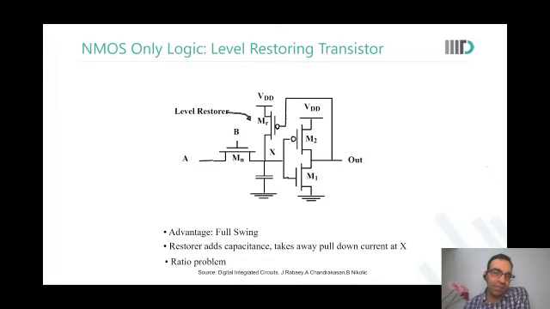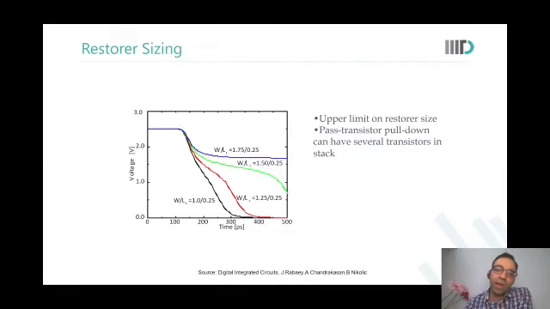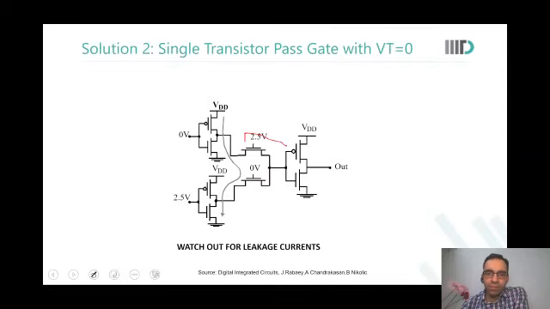But in this particular case, you're just talking about one gate, then yes. But if you think of a mux, this is the impact of restorer sizing. If the restorer is very large, then this is where your output is. But if the restorer is small enough, then it works. Okay. What you need to really look out for is that if you have two inverters, for example, driving this particular gate, there could be current paths that could form between them. So it's not easy.